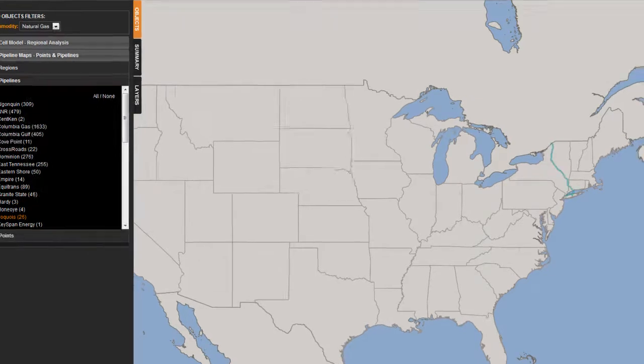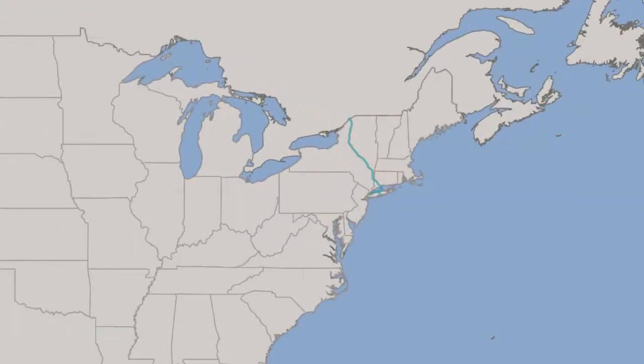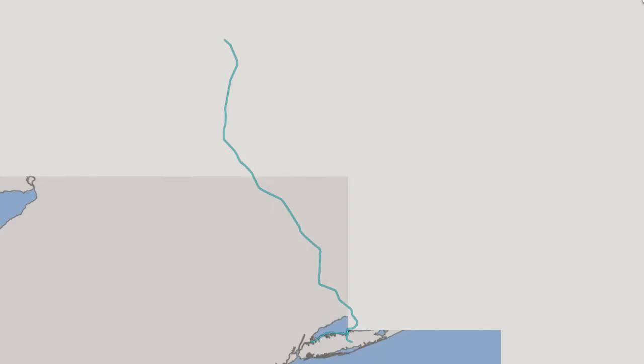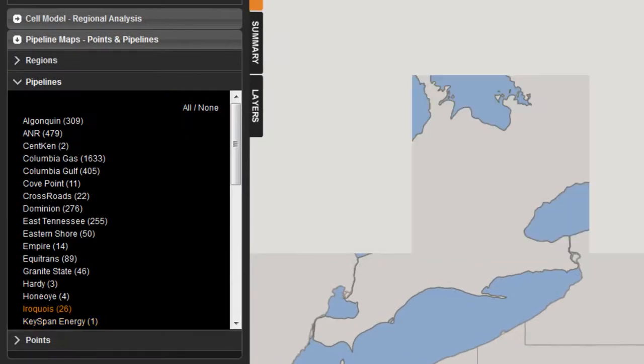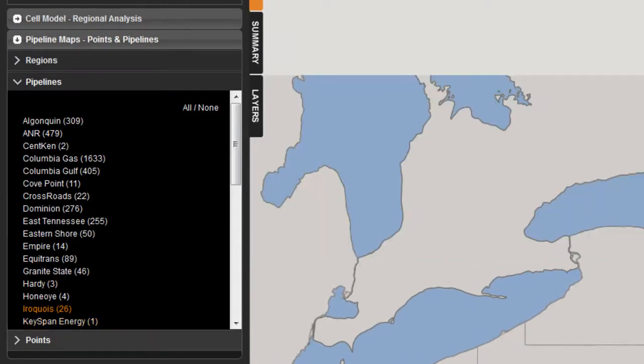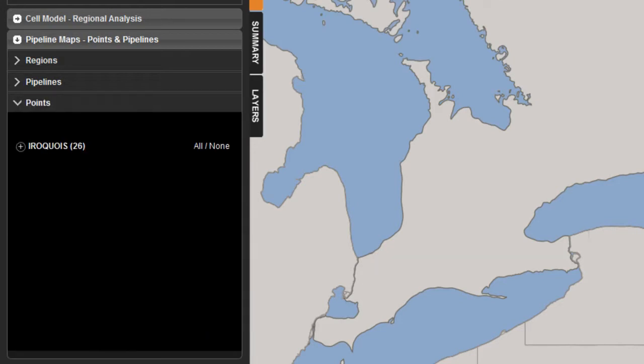If I click on Iroquois, you'll note on the map that Iroquois has popped up over in the northeast market. I'll zoom in over on Iroquois to get a better perspective and look at what's happening on that individual pipeline within the market. You'll notice that over on the left side of the screen, since I clicked Iroquois, a new tab has popped up which shows points. If I expand that points tab, it'll give me Iroquois and say there's 26 different items that I can select